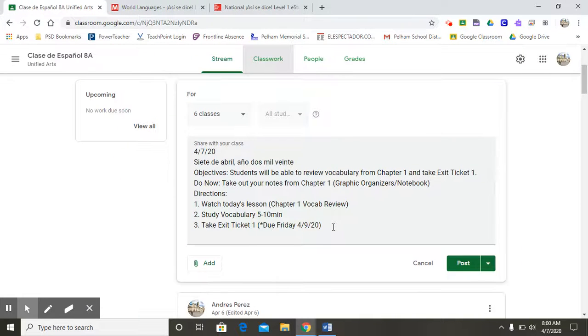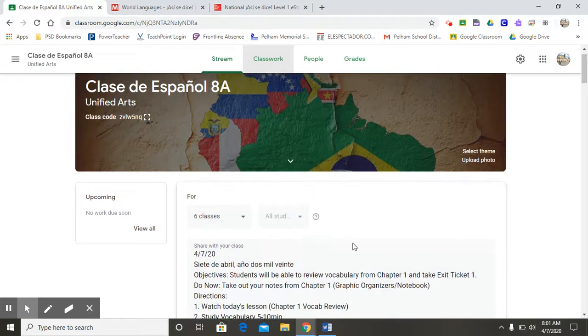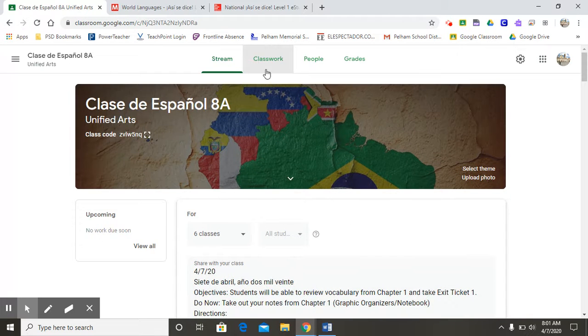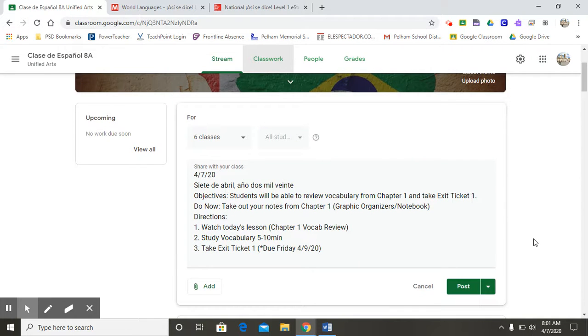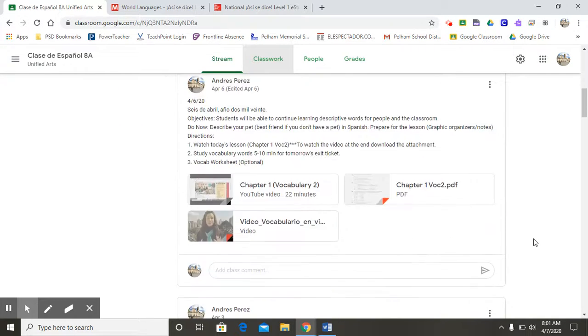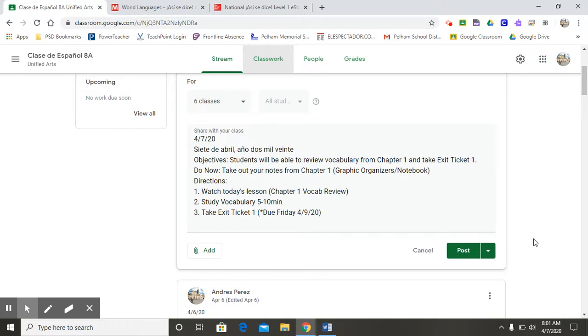And once you get into the lesson, you will see the exit ticket will have a due date. If you want to access the exit ticket without having to look at the string, all you have to do is when you go into Google Classroom, click on your classwork section, and you will see all the assignments, the assessments that are there. I hope you guys have a great day. You have 3 days to do this exit ticket. If I don't get any response from you in those 3 days, I'll be reaching out to you.